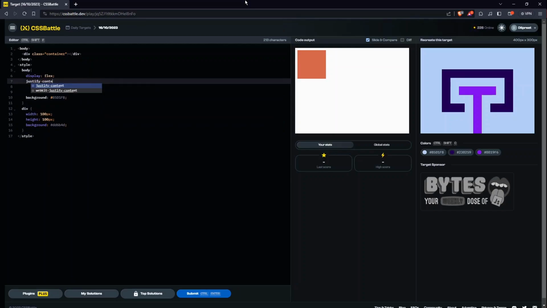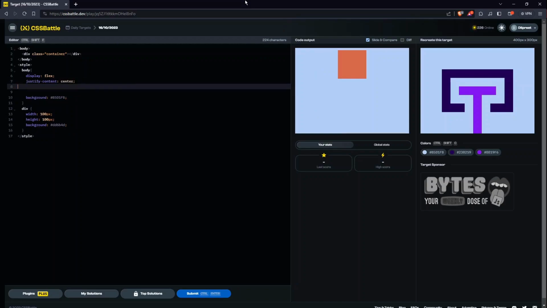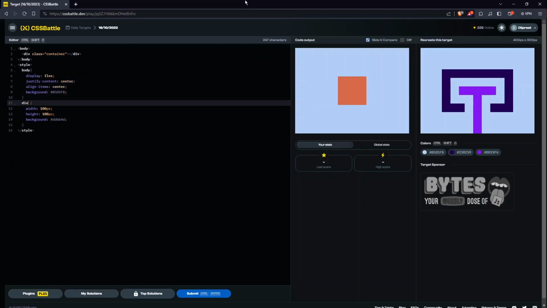Justify content center and align items center. Okay, so as you can see now it's in the center. Now I'll also change the name here. So container,